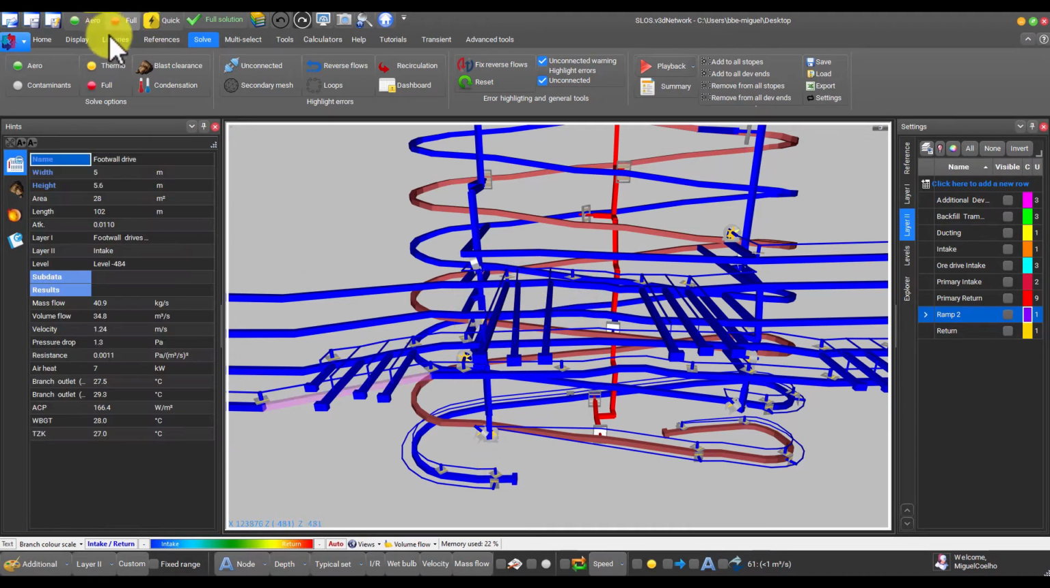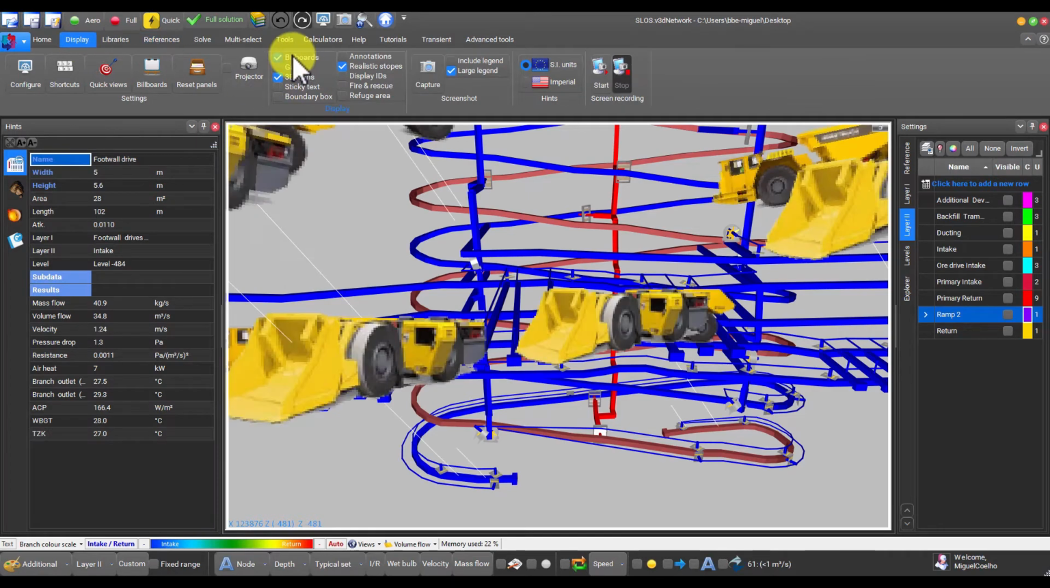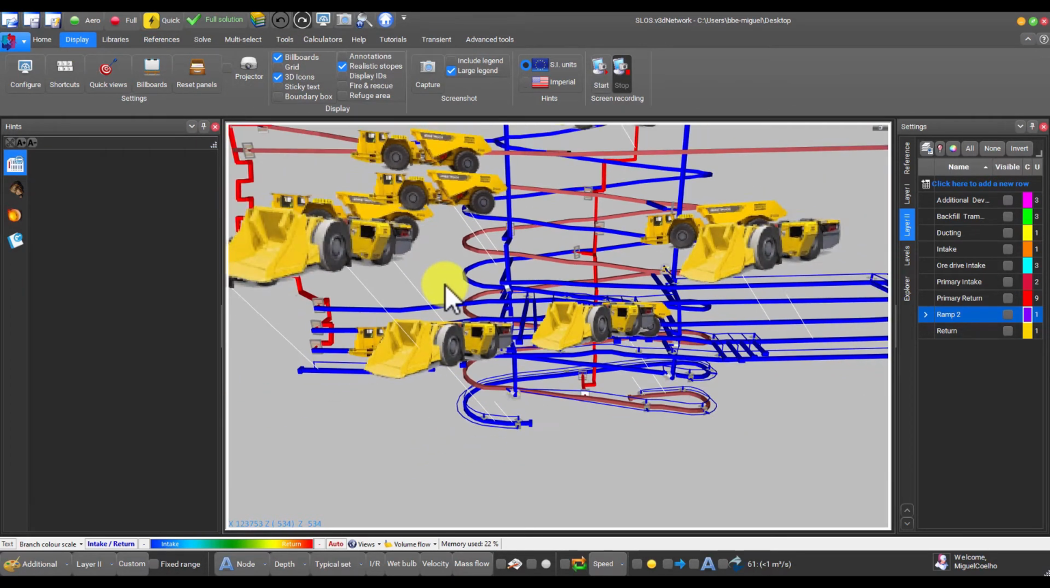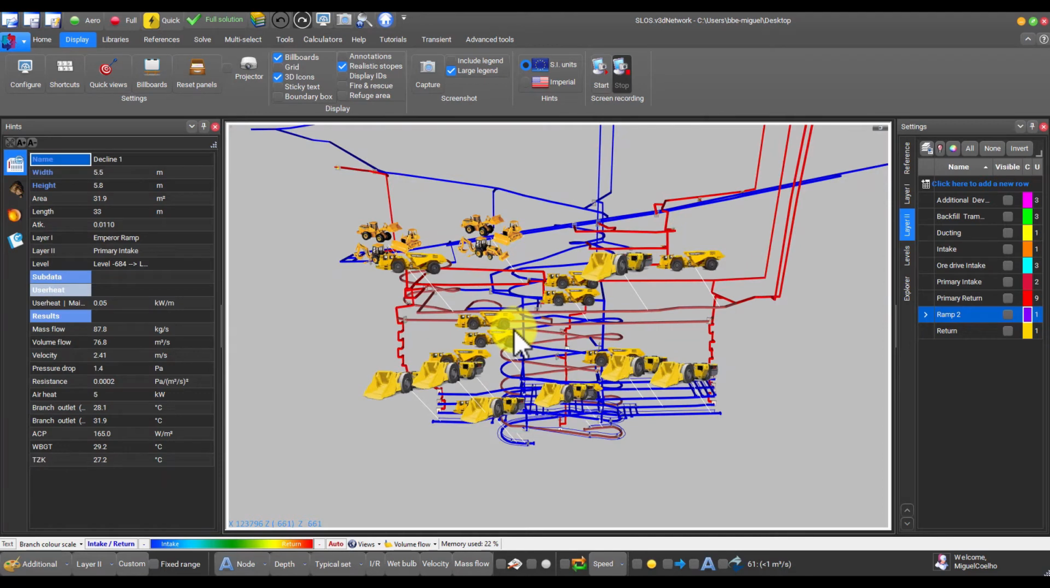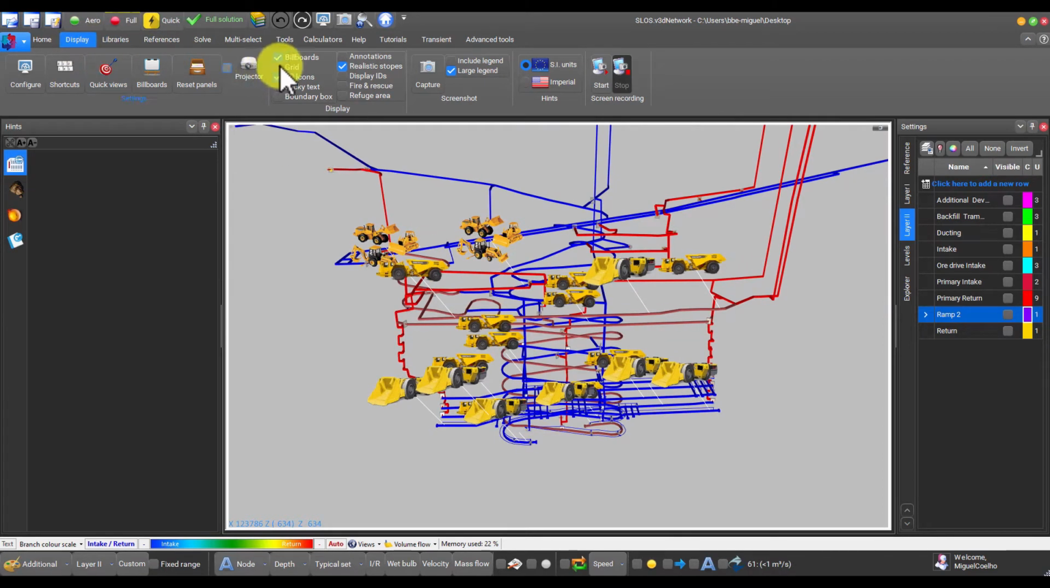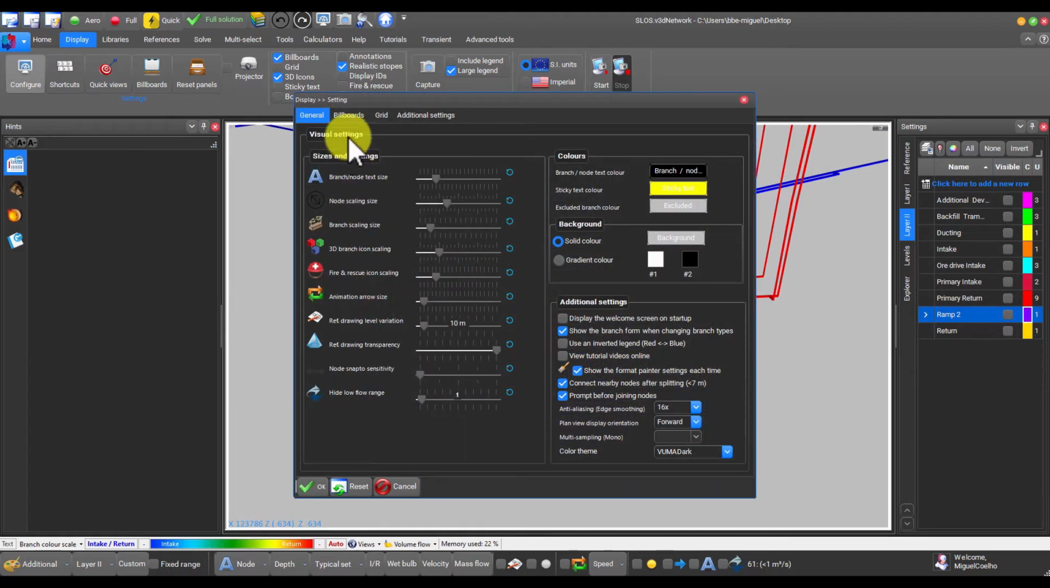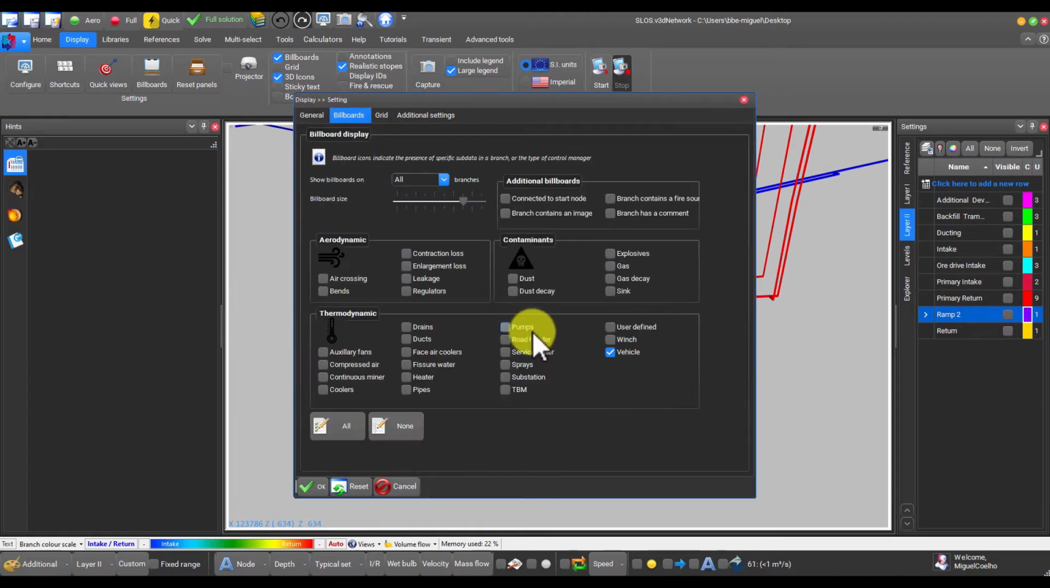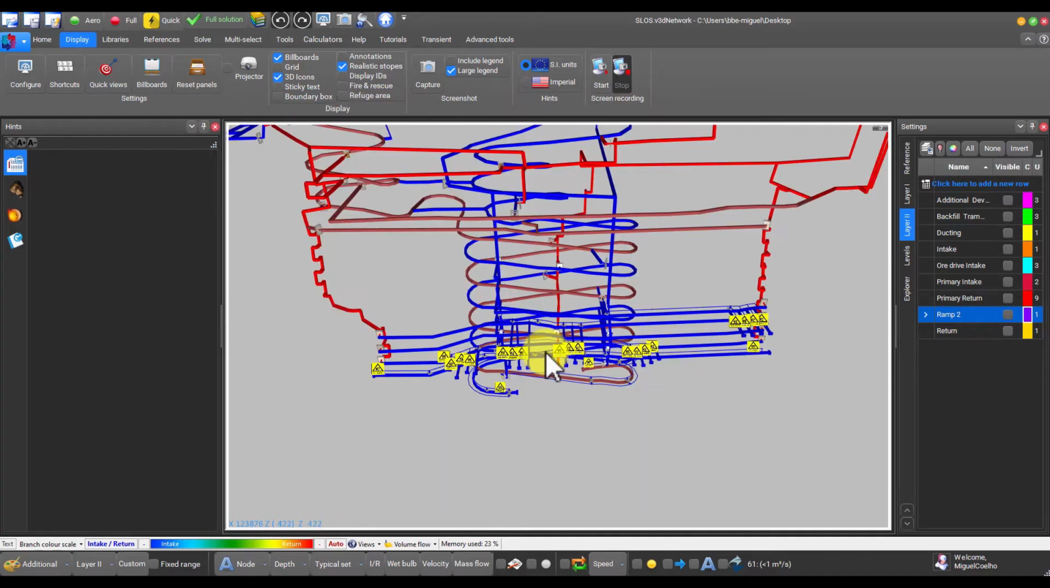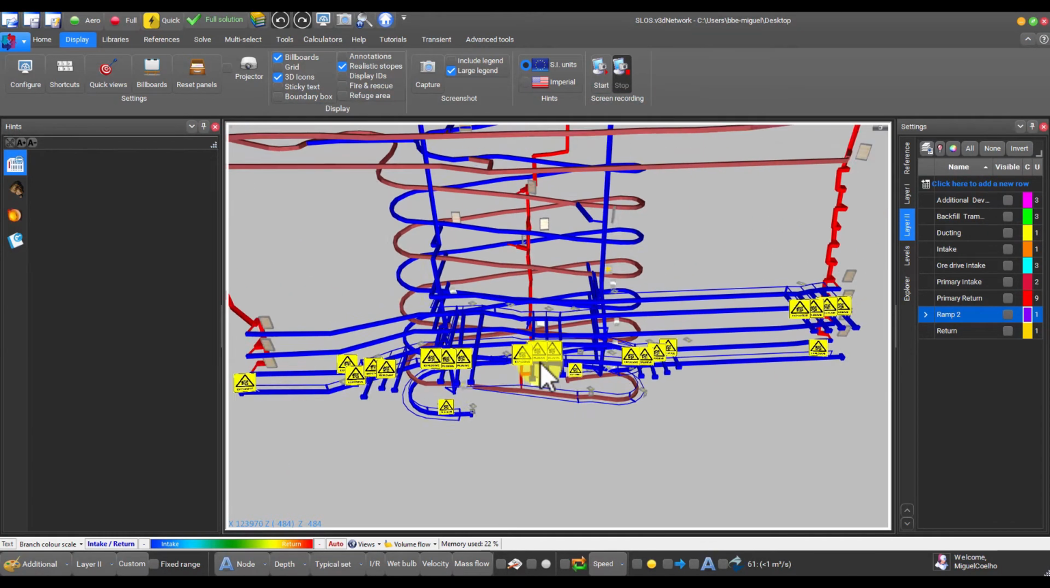If you want to visually make sure, under display billboards, I've got all the vehicles, but if I go set up my billboards under configure billboards, then turn off vehicles and switch on explosives. Make them a bit bigger. So you can see all the ends that are explosives